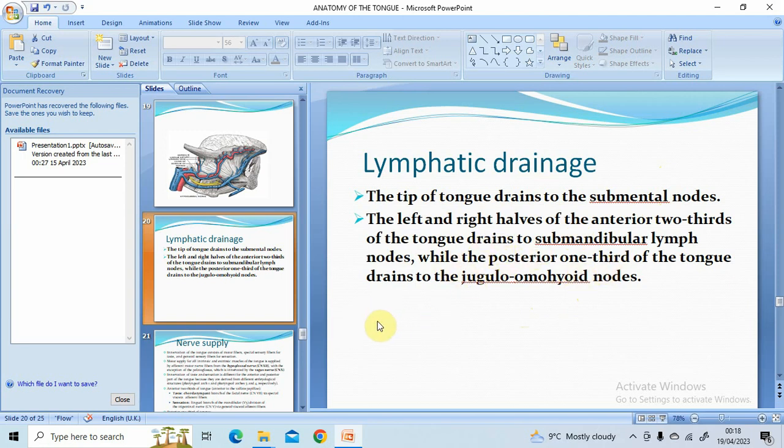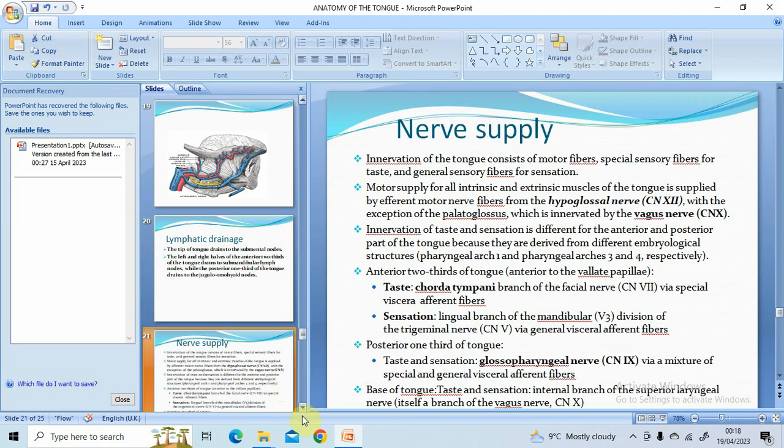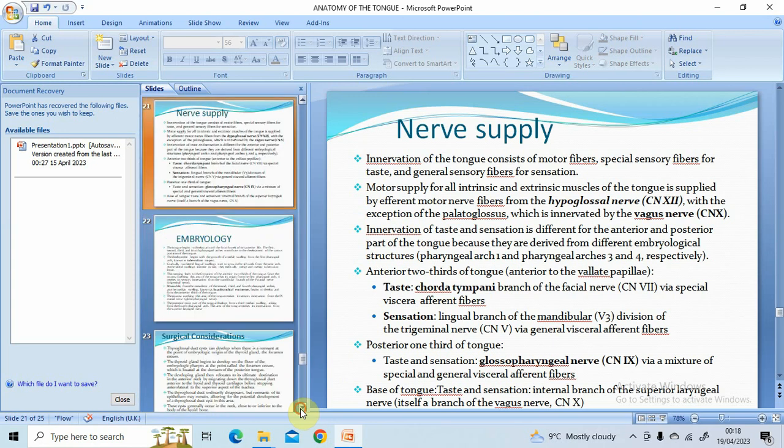the jugular omohyoid node. So I'm going to talk about the nerve innervation of the tongue. So innervation of the tongue consists of motor fibers. We have motor innervation, we have taste innervation, and we have the sensory innervations. These are very important. So the motor innervation of all the intrinsic and extrinsic muscles of the tongue is supplied by the hypoglossal nerve, the cranial nerve 12,